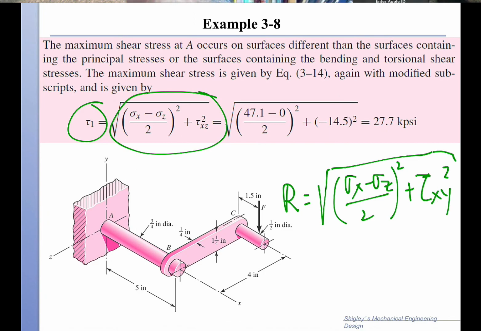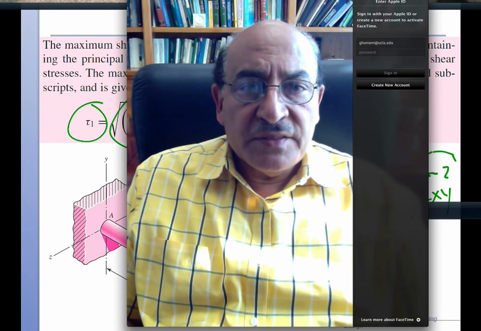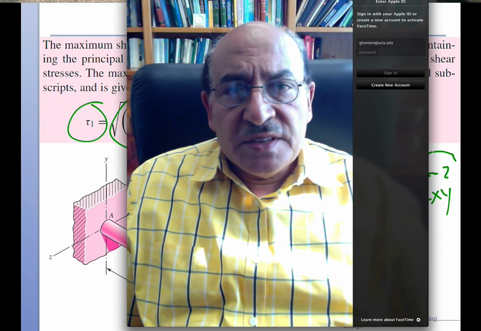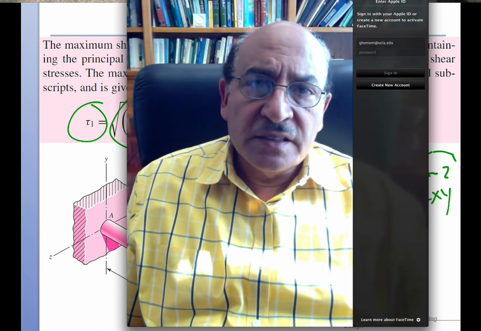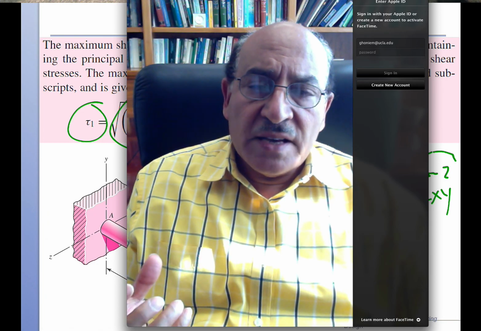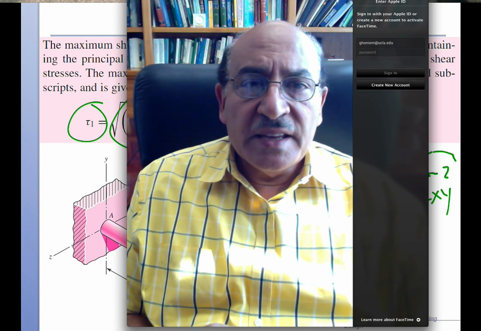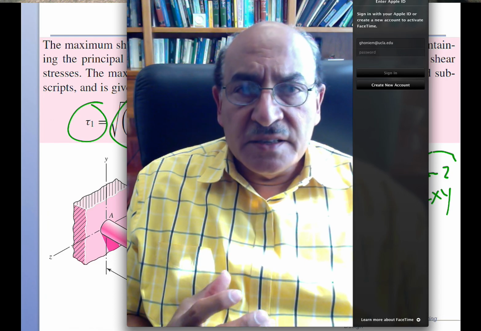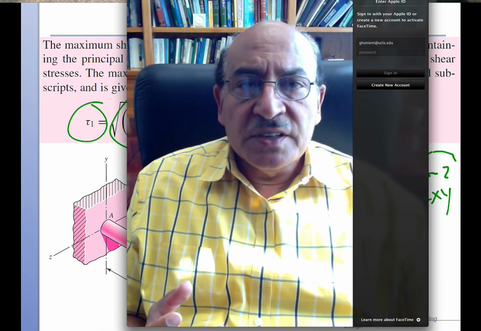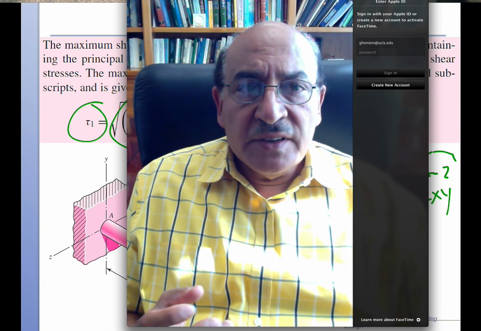So that's from our prior knowledge, and therefore we get the maximum shear stress to be 27 KSI. This example gives us a very good idea about how to design for torsion, either for a cross-section that is rectangular or round, and the cross-section can have a combination of a moment and a torque and even an axial